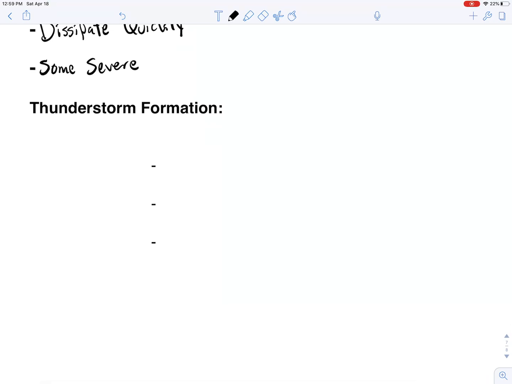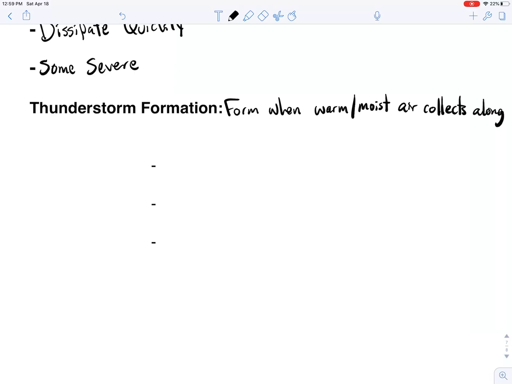So let's think about, and this is the fun stuff here, thunderstorm formation. What's actually happening when a thunderstorm occurs? And here's why they happen most often in the summertime. Because the number one thing we need to get a thunderstorm to occur is warm, moist air. So let's put this here. They form when warm and moist air, high in humidity, lots of water vapor in the air,